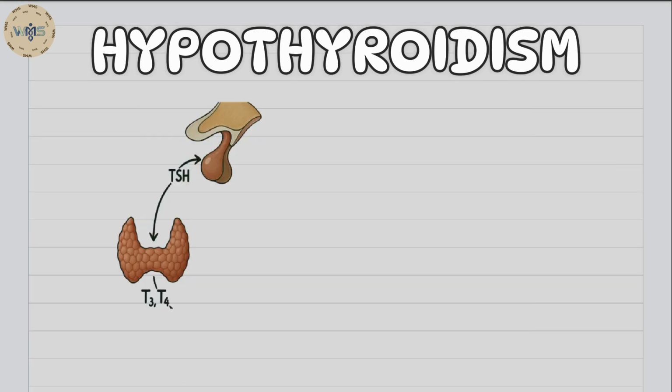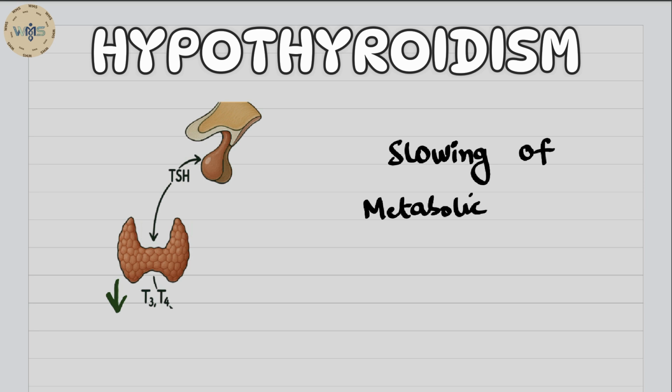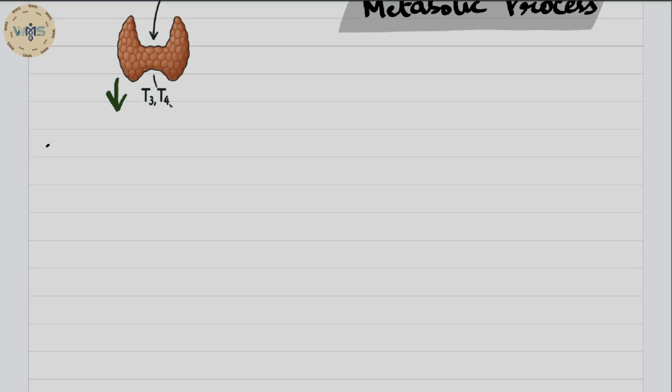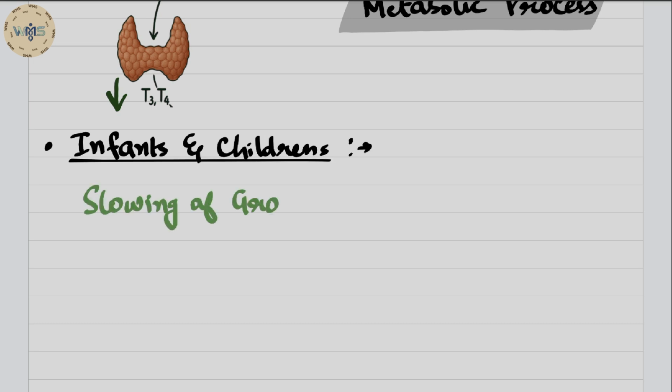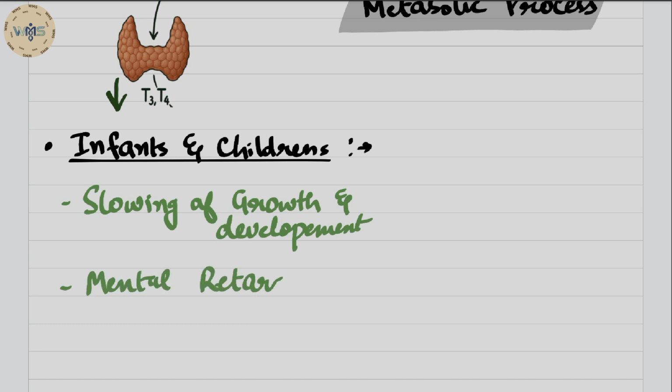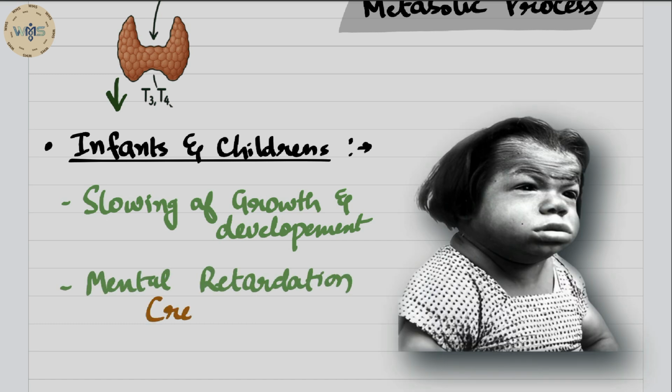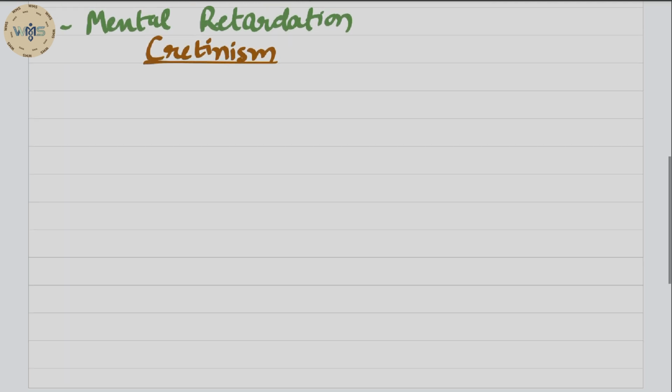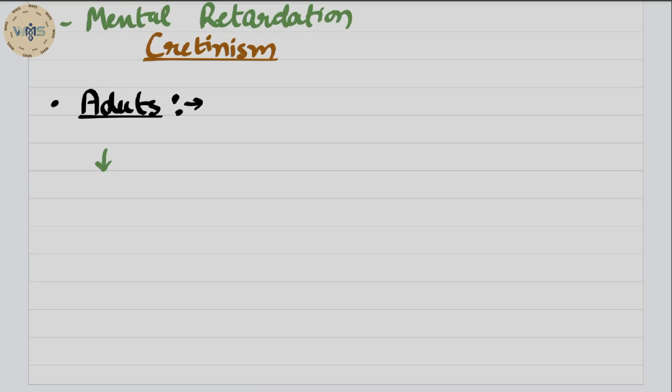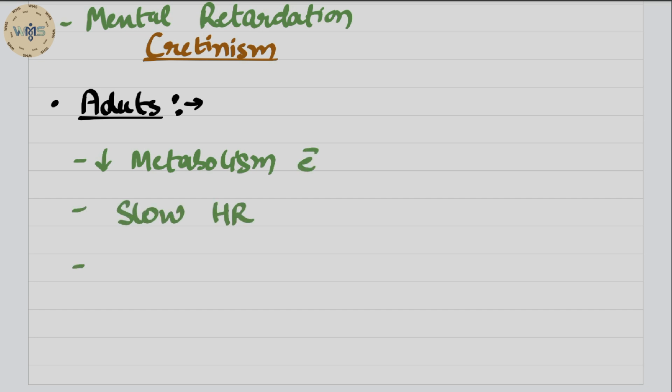Hypothyroidism is a clinical syndrome resulting from a deficiency of thyroid hormones, resulting in a generalized slowing down of the metabolic process. In case of infants and children, hypothyroidism results in marked slowing of growth and development with serious permanent consequences, including mental retardation when it occurs in infancy, that is the cretinism. In case of adults, hypothyroidism causes generalized slowing of metabolism with slow heart rate, decreased oxygen consumption, decreased appetite,